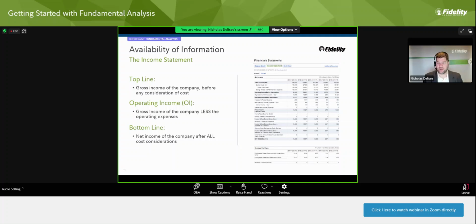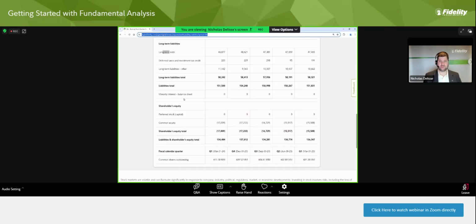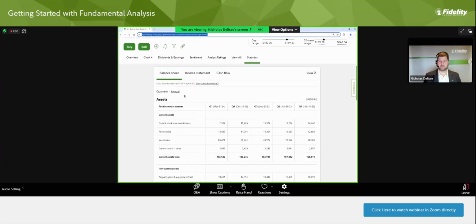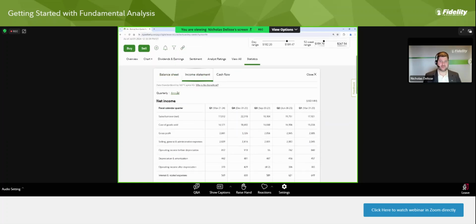So with this, I pulled up the income statement, and there are a couple of things I'd like to demonstrate for everyone. This starts at the top line. What's the company's revenue? Sales turnover net is what the revenue is showing. If we come back over here to Boeing and click on income statement, we can see sales turnover net.